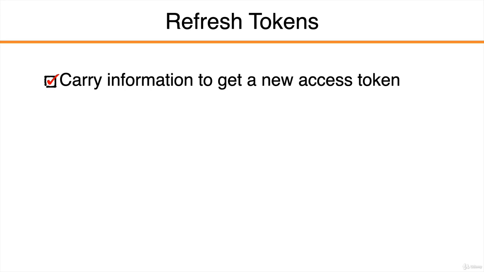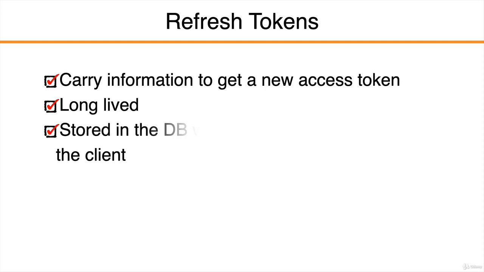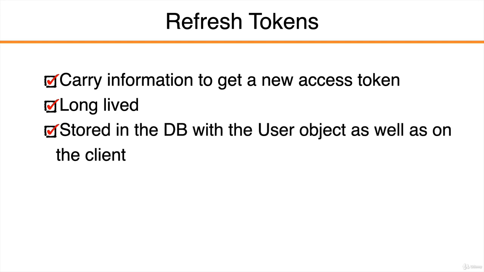So our refresh token is going to have enough information to get a new access token, and this one is long-lived. We give this token an expiry, instead of several minutes, we give it an expiry of 7 days. And we store this token in the database with the user object as well as on the client. And also we store this in an HTTP only cookie, and this means that it's not accessible by JavaScript. It can only be sent up with HTTP requests,